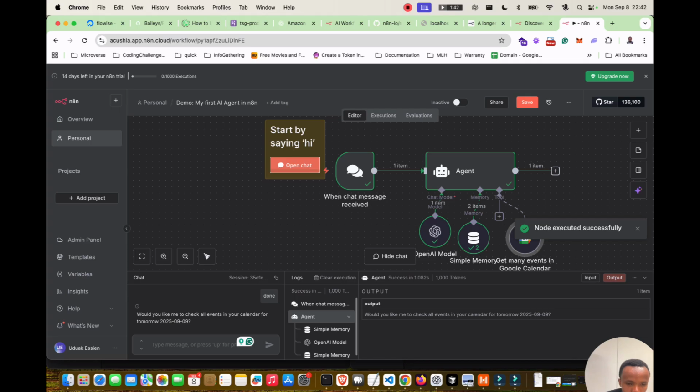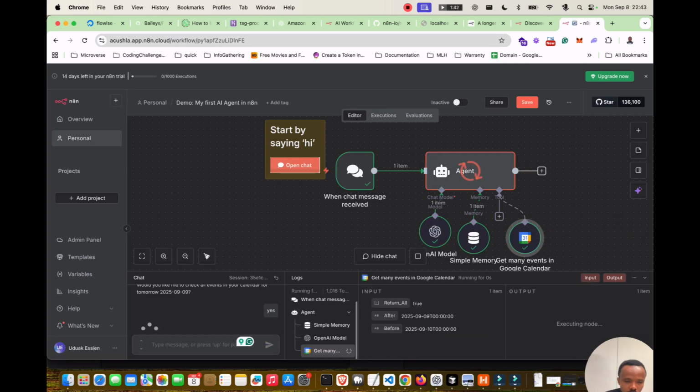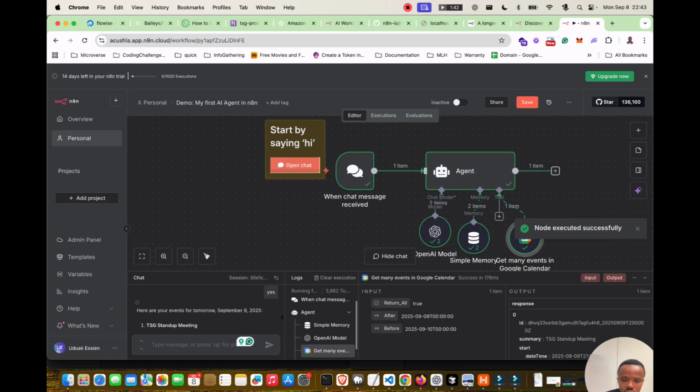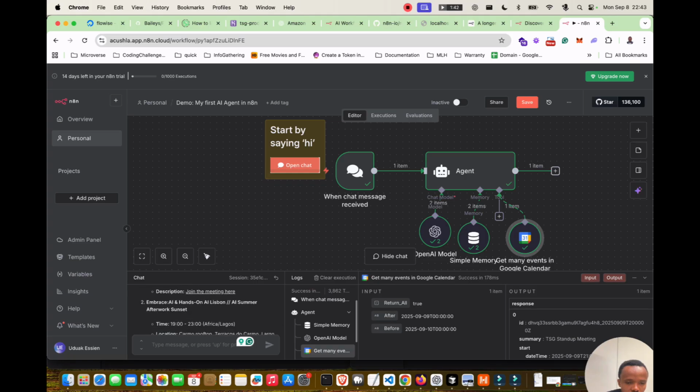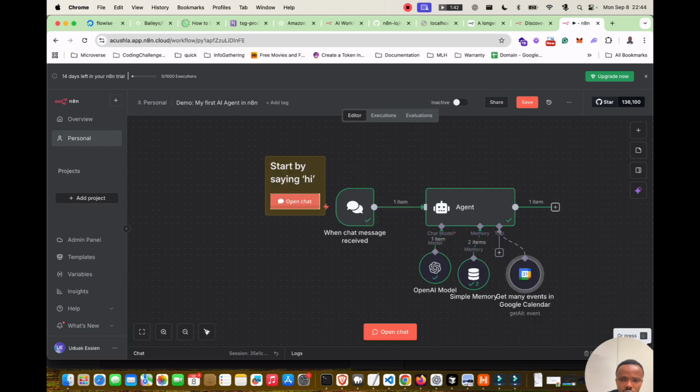Would you like me to check all events in your calendar for tomorrow? Yes. Okay. Let's see. Oh, here are the events for tomorrow, September 9, 2025. TSG stand up. By 9 p.m. Embrace AI and hands-on AI Lisbon. Some after workout. Learning newsletter meetup. Let me know if you need more information. Oh, nice. Okay, you can do a lot of things here. This is cool. So I'm going to save this and